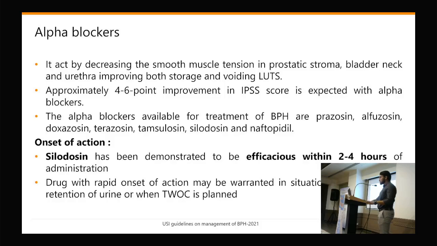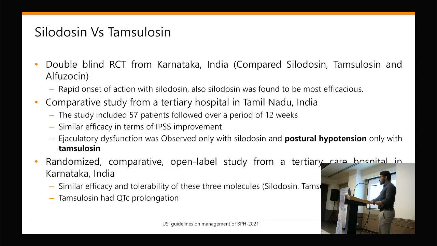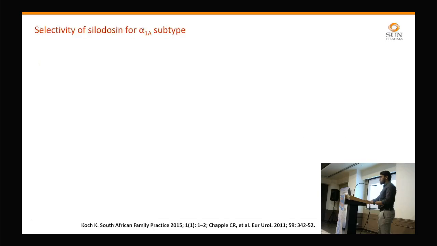Alpha blockers like prazosin, alfuzosin, doxazosin, terazosin can be used. Silodosin is more efficacious within 2 to 4 hours of administration. So it can be used in conditions where there is impending retention of urine or if a trial without catheterization is planned. So which alpha blocker is more efficacious? According to this graph, silodosin is more effective as it binds more effectively on alpha 1A receptors,